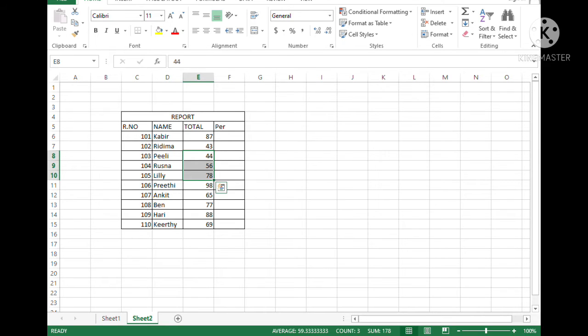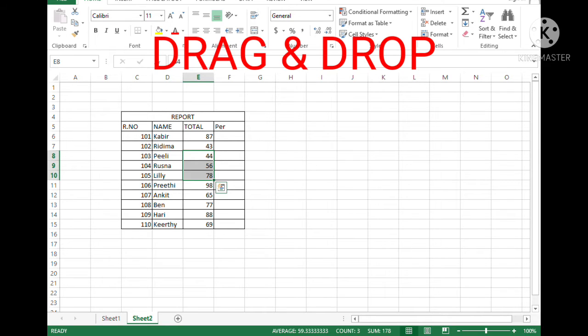Excel allows us to move data around the worksheet. The drag and drop method is one of the simplest methods to move the data around the worksheet. So let's see how we can do that. In our previous classes we have already created a worksheet, so we can do this operation on the same worksheet.